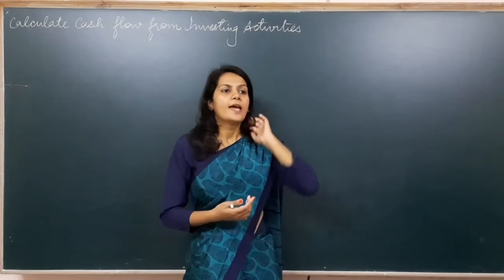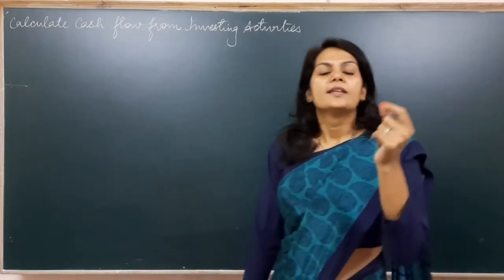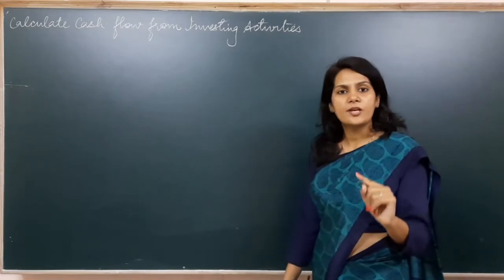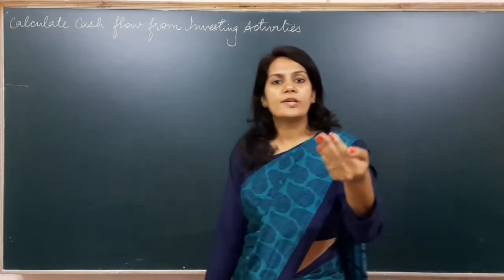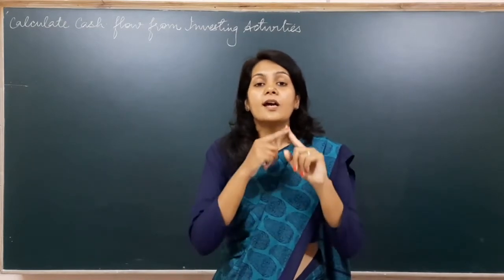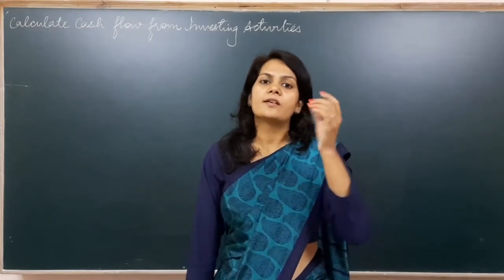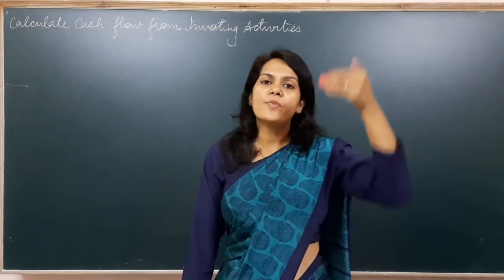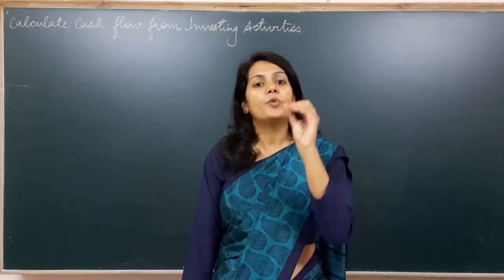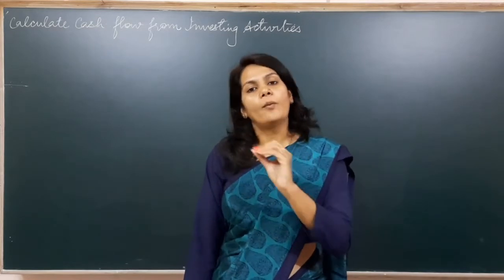Now apart from this, as we have discussed in the previous topic, that is cash flow from operating activities, suppose I have invested money somewhere in the shares of another company, then I'm going to get dividend on this investment, no? So this dividend received is a non-operating income. Okay, it is non-operating, so that's why you subtracted these non-operating incomes from net profit in cash flow from operating activities. But the same I have to add in the cash flow from investing activity.